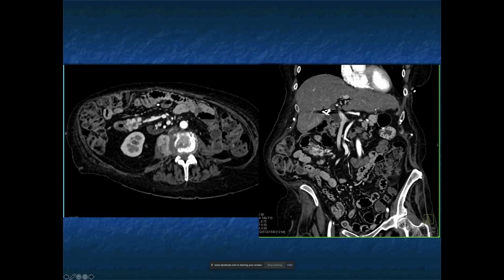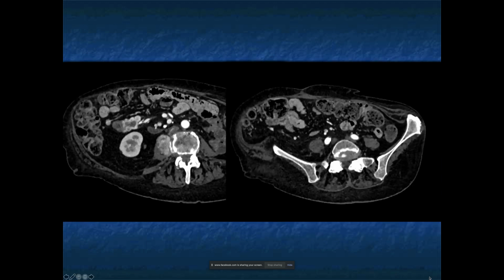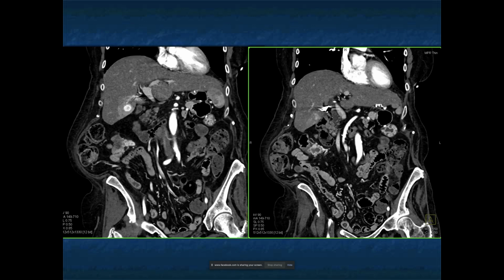And then you look at the next image and there's a mass in the region of the duodenum. You could see it on the axial and coronal views. And then as you go a little bit further, you can see again the mass a little bit better. It's a vascular tumor. There's some nodes in the mesentery. And you can see the right kidney, but you recognize that the left kidney is missing. Here's a coronal view. You see the liver lesions. You see the duodenal lesion.